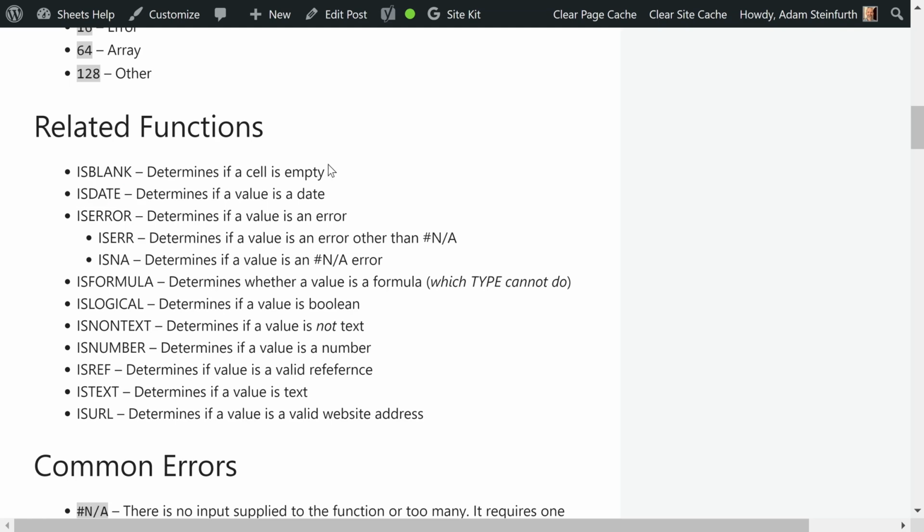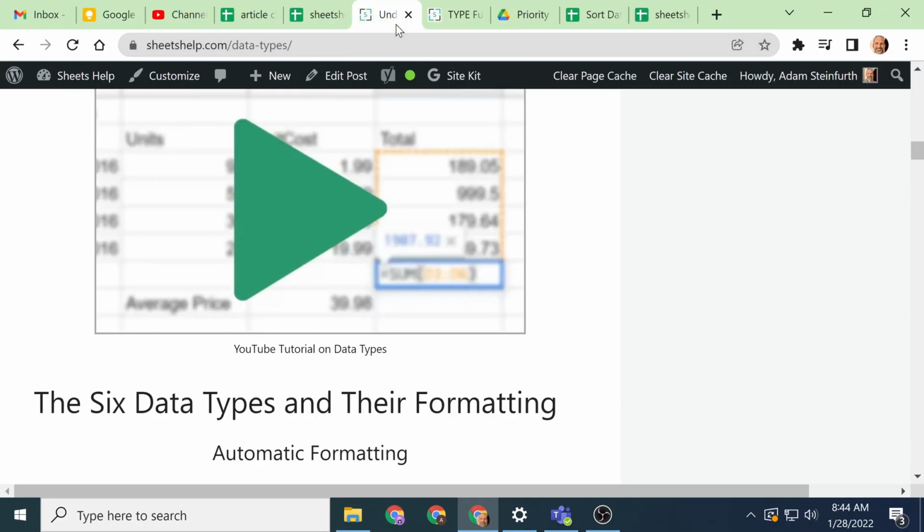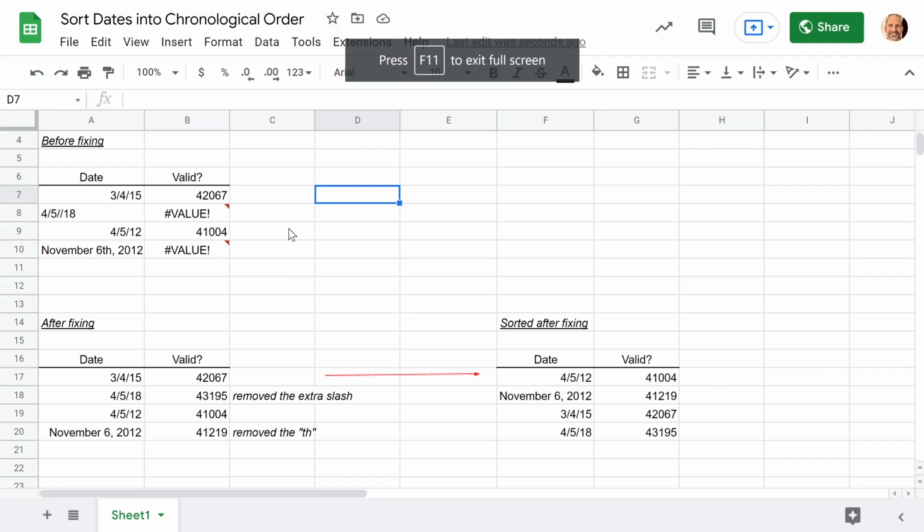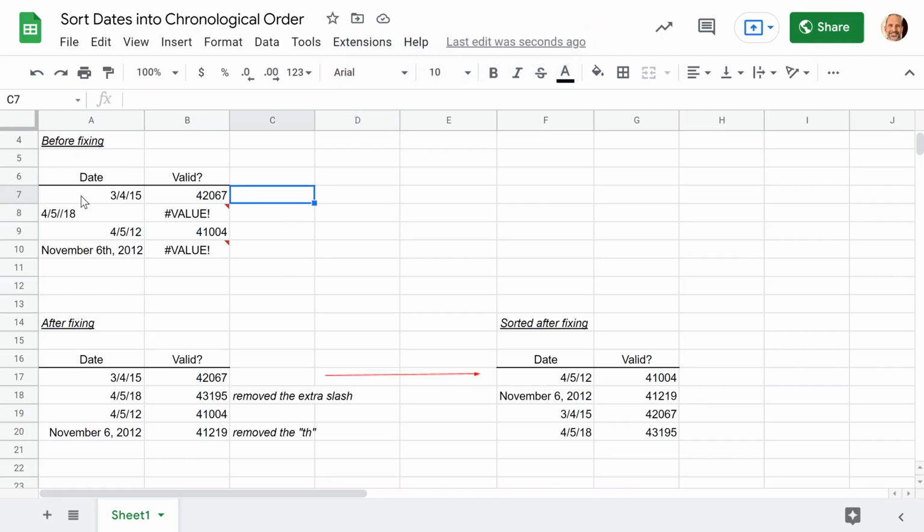And that will even help you if it's a different type of number. It will still return false. But the advantage of the type function is that it's all in one, right? So that will check if it's one of 6 values, where something like isDate may be more helpful if you're just trying to see if one value is a date. But you can't turn around and use it on text or Boolean values at the same time like you can with the type function. All right, let's dive into a few more examples